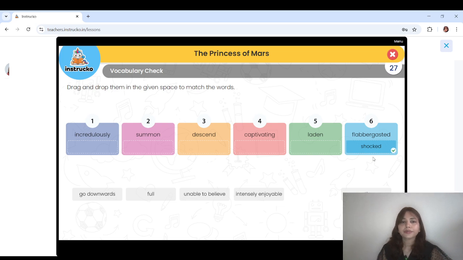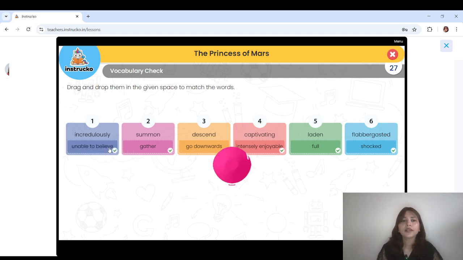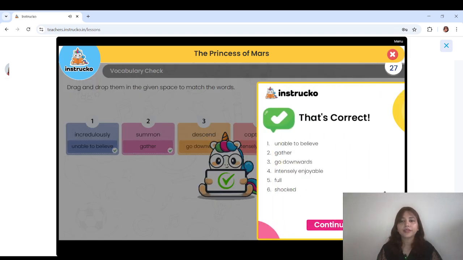Shocked. Then laden, full. Captivating, intensely enjoyable. Descent, summon, and incredulously, unable to believe. Okay,